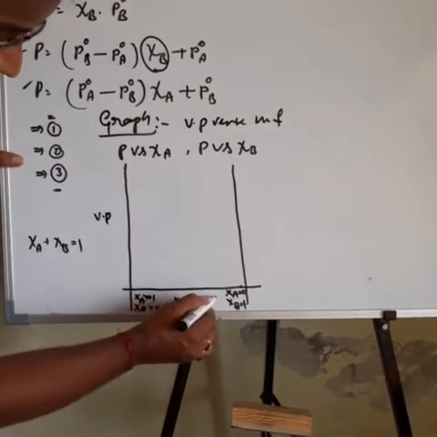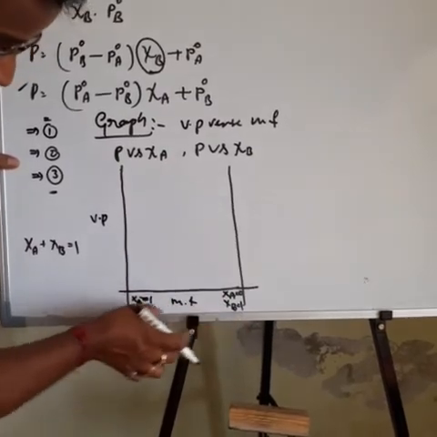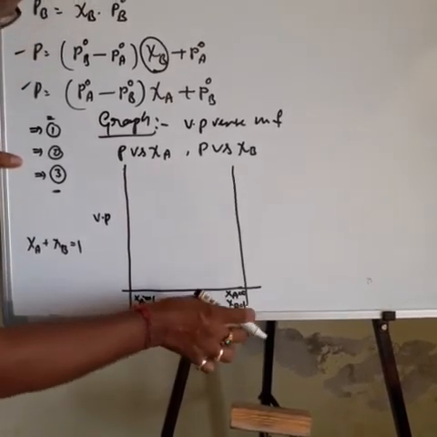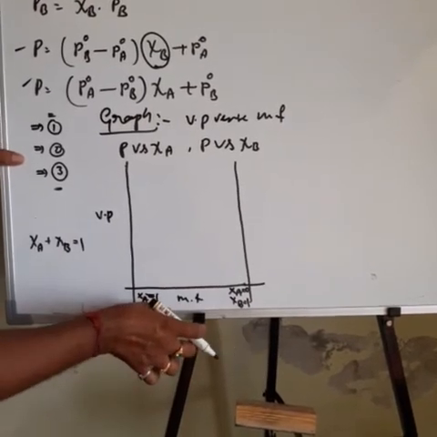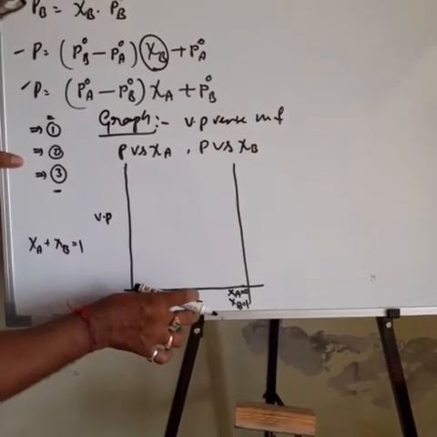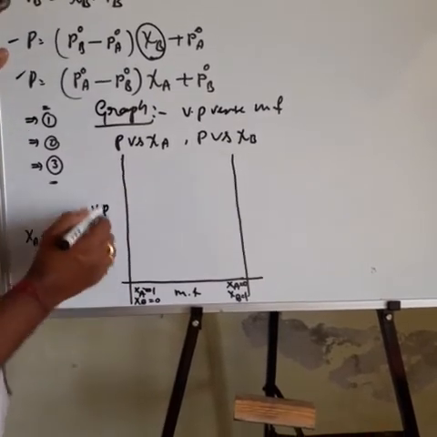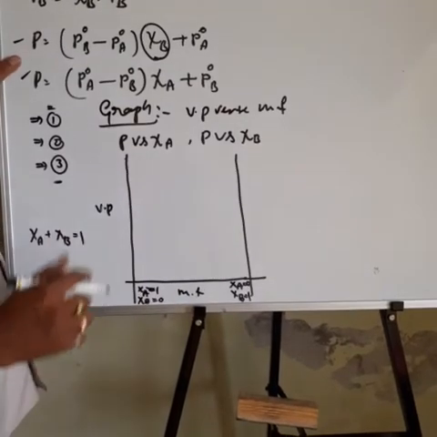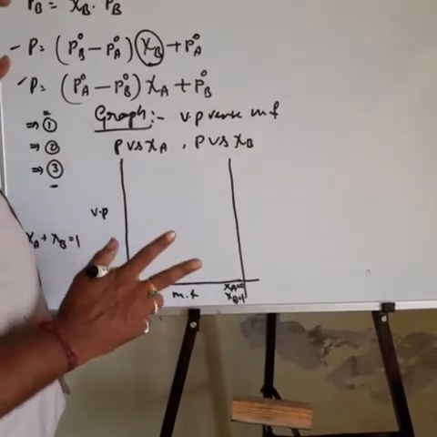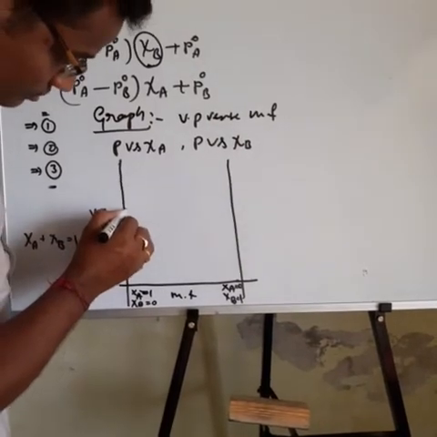So in this direction the mole fraction of the solute decreases. In this direction, the mole fraction of the solvent decreases from right to left. Solvent mole fraction decreases, and solute mole fraction decreases from left to right. Okay. Then the graph is plotted between vapor pressure P versus mole fraction. Then we obtain two straight lines which pass through this point. So this is one of the straight lines.